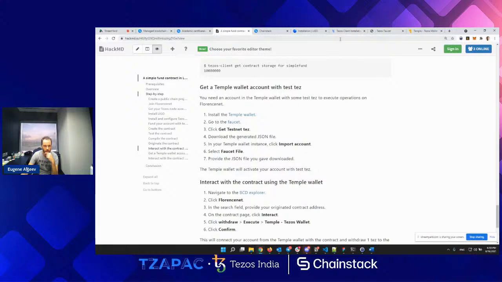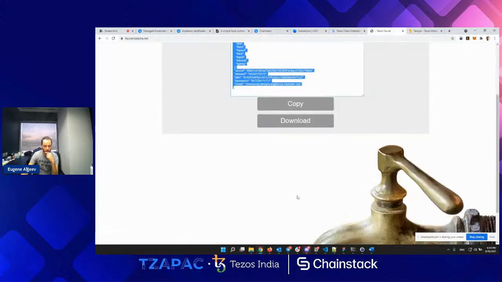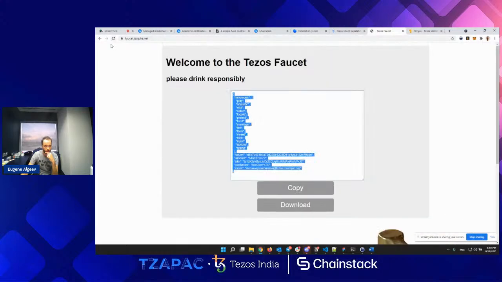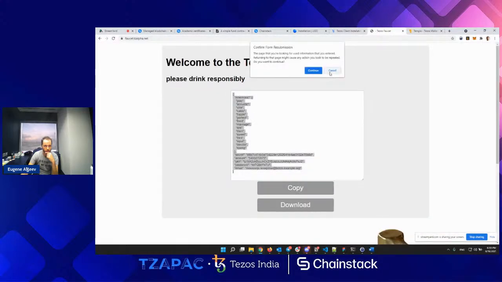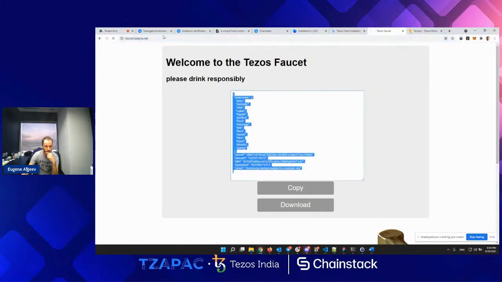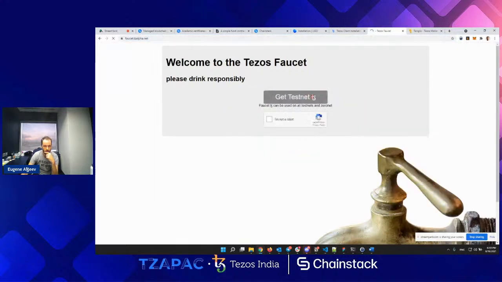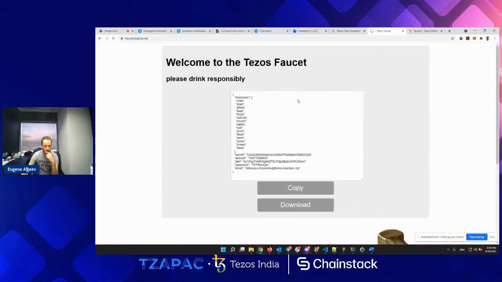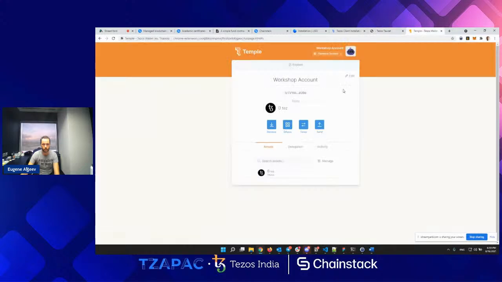let's create another. Let's try to generate more Tez. So I go to this faucet again, and I get this net Tez, and I have one more account. So now I have Temple. What can I do? Can I import the account?